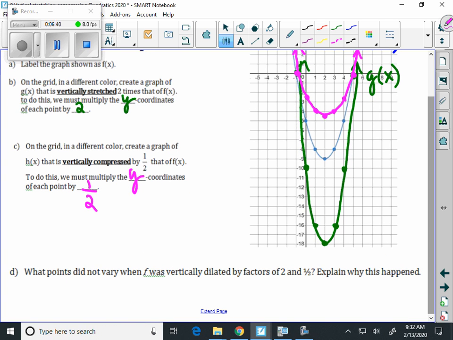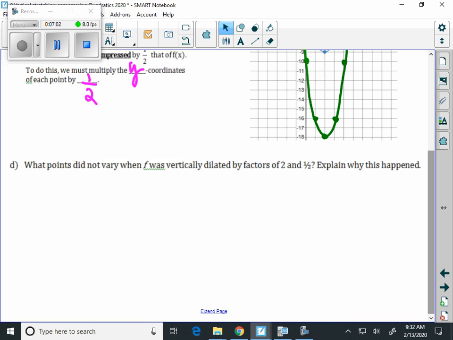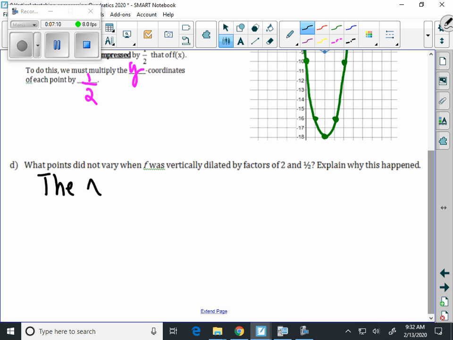As we finish this question here, it says, what points did not vary when f was vertically dilated? Dilate means that we can make the graph bigger, or we can make the graph smaller. But what points did not vary when f was vertically dilated by factors of 2 and 1/2? And what happens is that the x values did not change